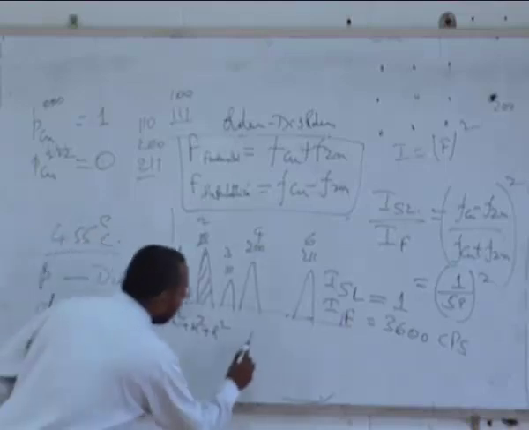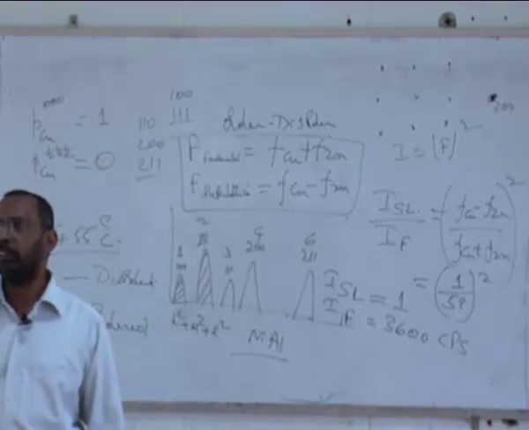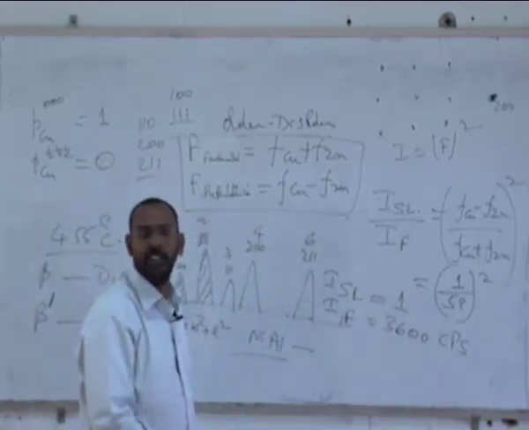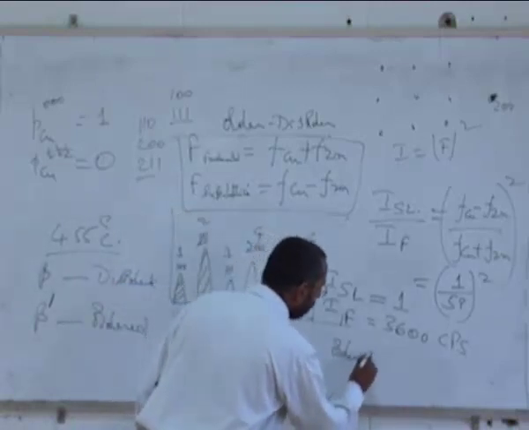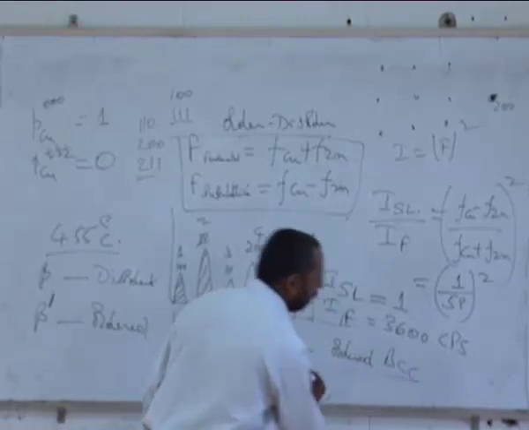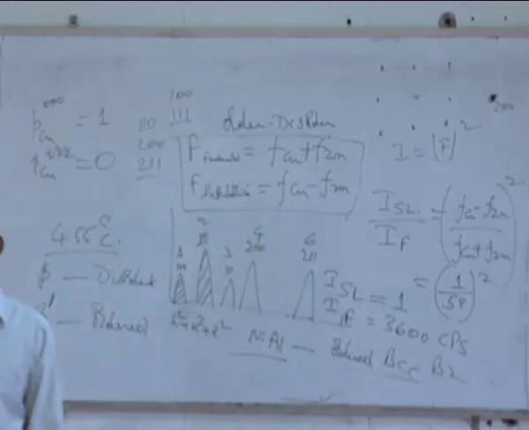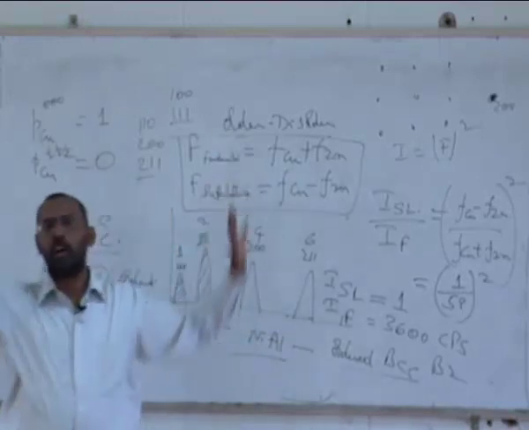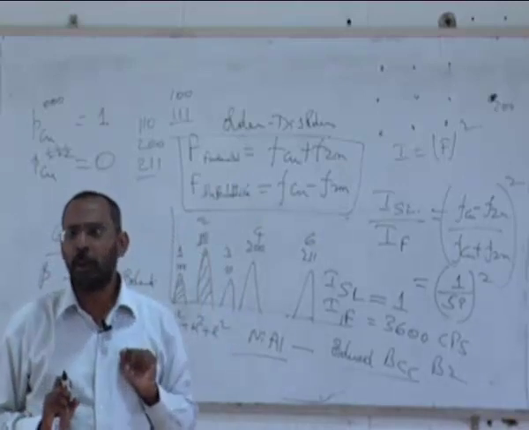But this problem will not come if my material is not copper zinc but something else, let's say NiAl. NiAl is also a compound which has the same structure as that of beta brass. We call it an ordered structure based on BCC. People call it the B2 structure. Let me not bother you too much about these terminologies, but it is ordered. That means in this structure, nickel atoms will occupy all the body corners, and aluminum will sit at the body centers.